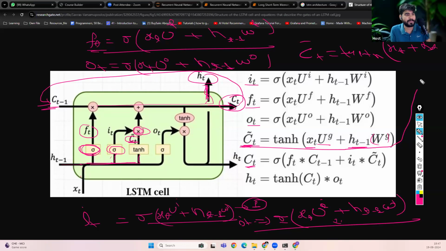So this is the equation that we have. Clear these four equations, i of t, f of t, o of t, and C tilde of t? These four equations are clear, everyone? Yes, fine. Now,